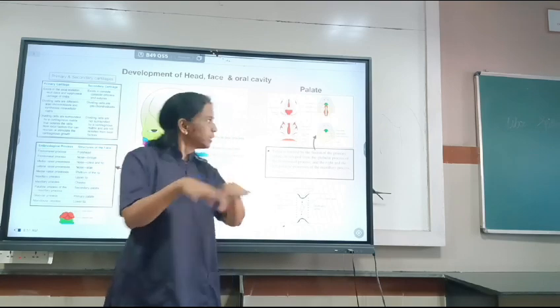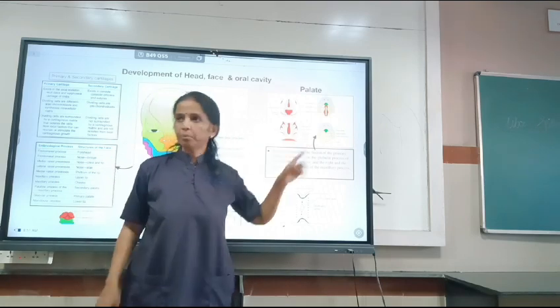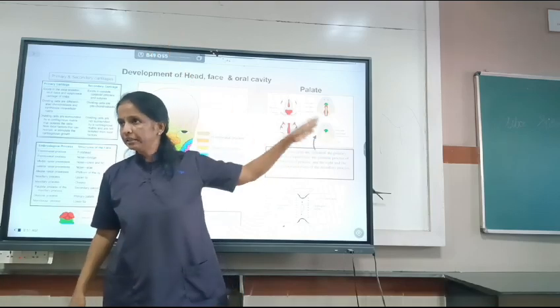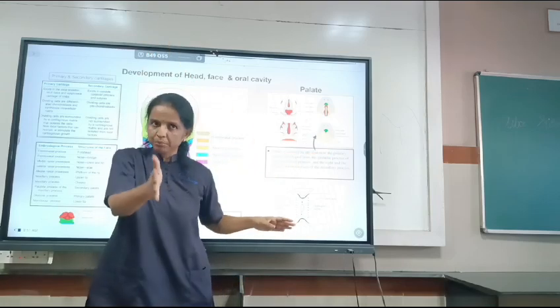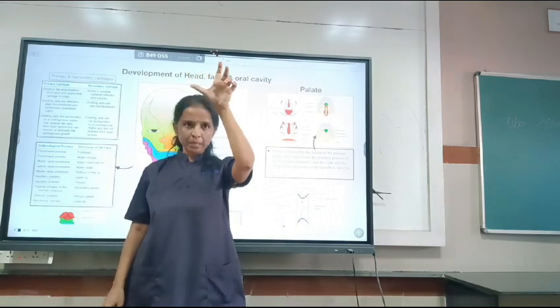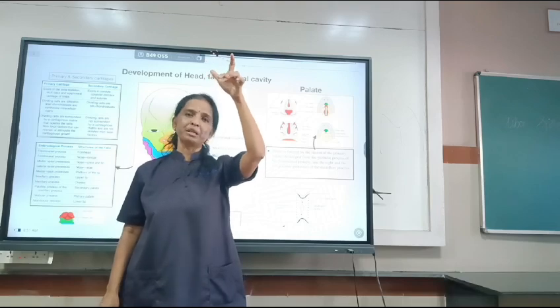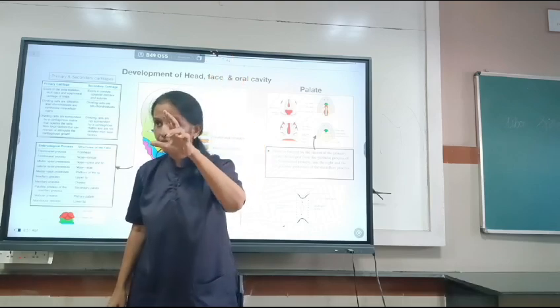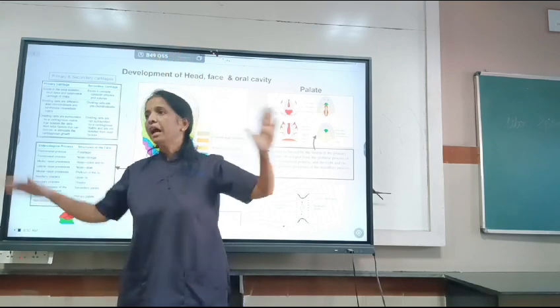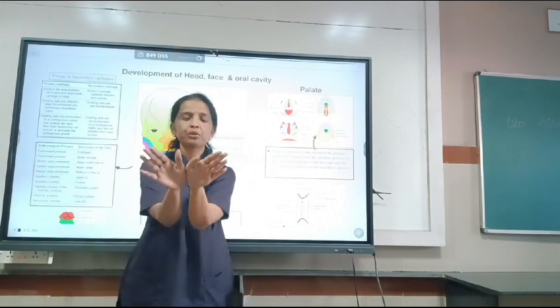That is what is given in this particular picture. So can you see this image where there is a green area and the yellow area and there is a line in between? So what does that suggest? The green area is the globular process or the primary palate. I am using the words globular process or primary palate, and then there is a secondary palate fusing at the